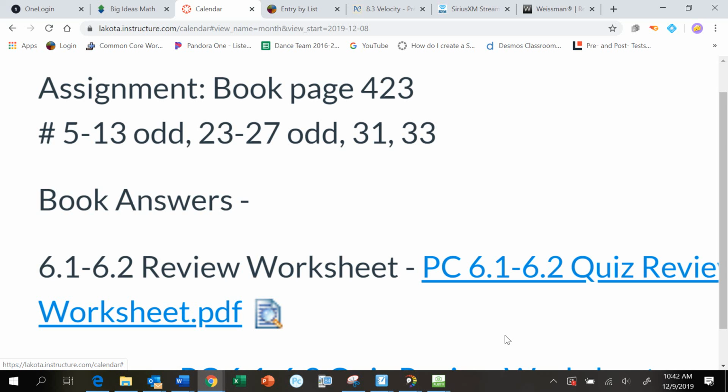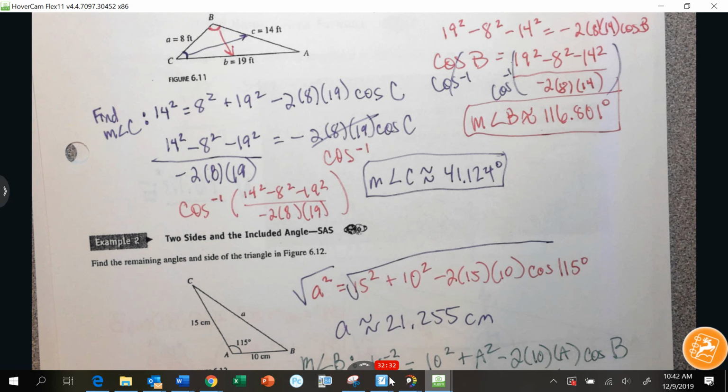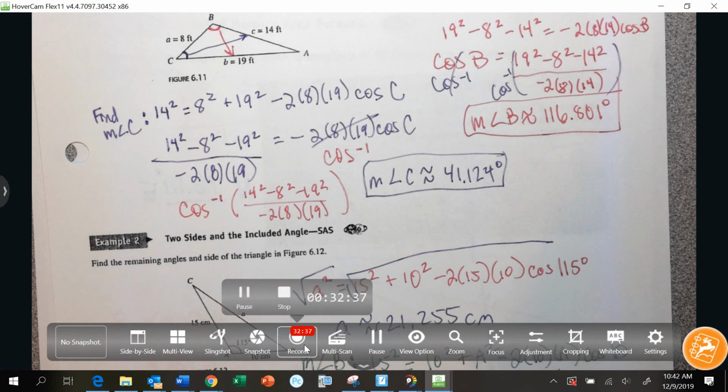Okay? All right. So go ahead and work on this and ask me questions. You guys have lots of time to work on it. Or if you have law of sines questions or you didn't check it because